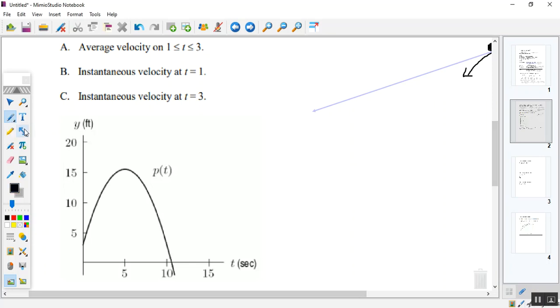Do you guys agree that 3 is going to be right in the middle here pretty much? Maybe closer to 5. This is 0, right? So won't 3 be right about here, kids? And 1 be right about here? So won't p of 1 be right about there? And won't p of 3 lie right about here? Okay, so if this is p of 1, and this is p of 3,